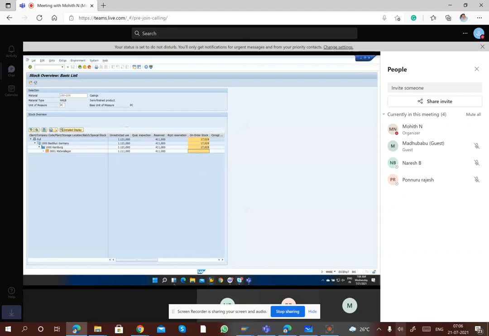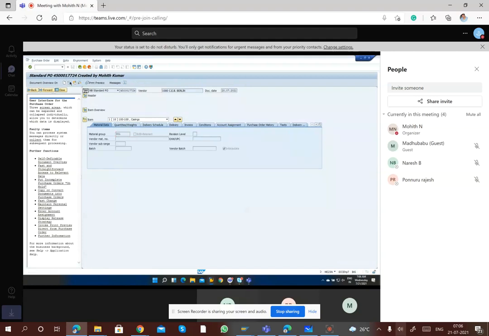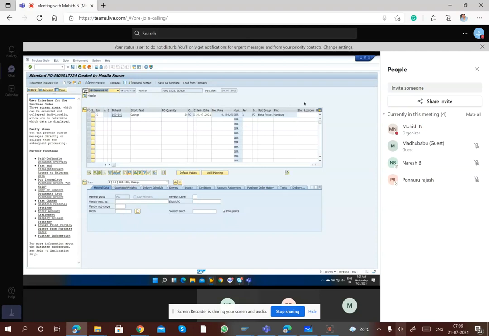Okay, now I'll go into the system and make some changes and we'll see how the changes will happen. I have clicked on display change. I'm going here. Here there is an option called storage location. So I'm giving the storage location, press 1.